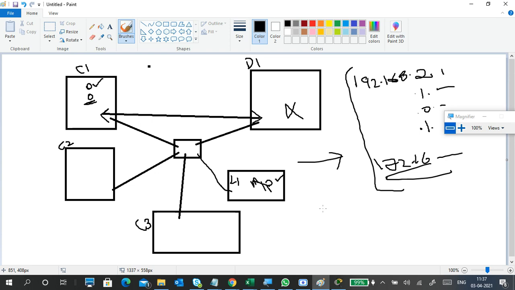My father doesn't know how to change an IP address, my mother doesn't know, my nephew doesn't know, my sister doesn't know. My sister may have some knowledge, as she's already in the IT field. But my brother-in-law or someone else. Everybody is not familiar with IP addresses and how to assign them. So DHCP provides IP addresses dynamically. That is the advantage of DHCP.